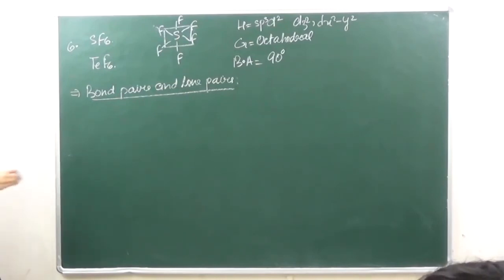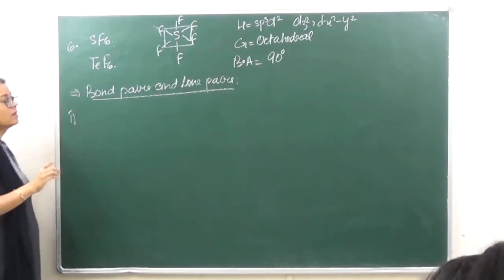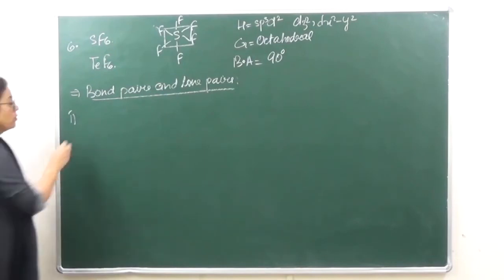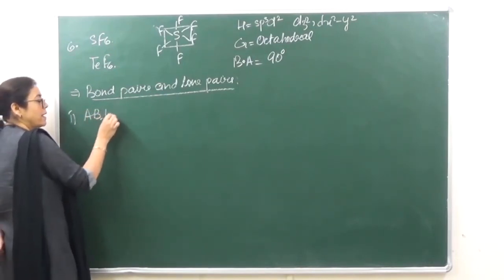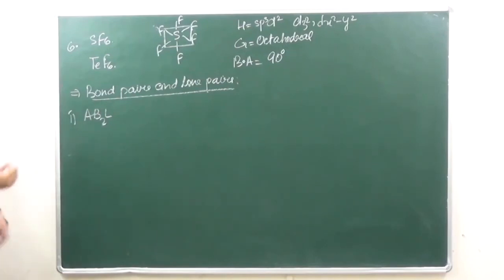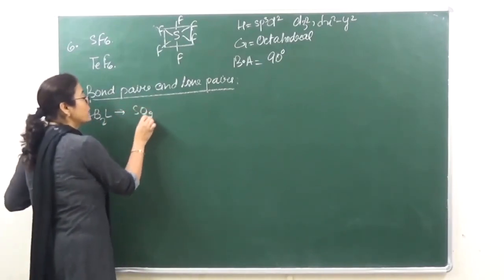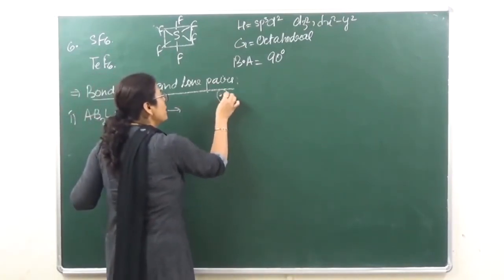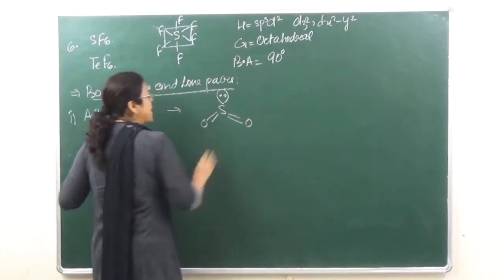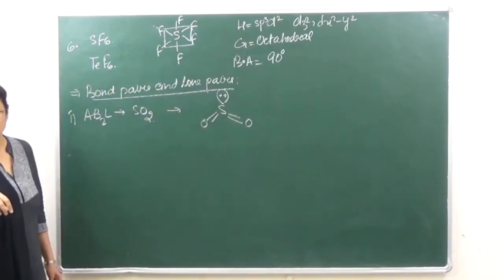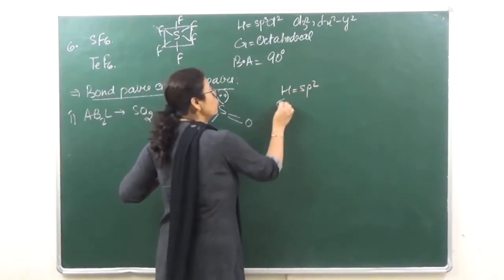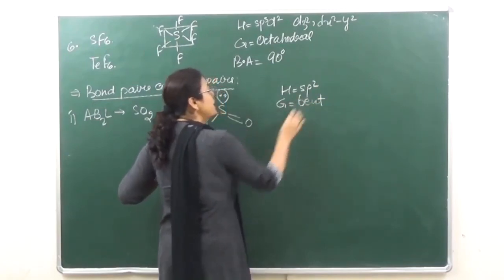So the first molecule which we are going to discuss, here we will represent B with bond pairs and L with lone pairs. Okay? So the first molecule we have is AB2L, which means there are 2 bond pairs present and 1 lone pair present. An example which we can take over here is that of sulfur dioxide. Okay? In sulfur dioxide there is 1 lone pair and there are 2 bond pairs. Okay? Hybridization in this case is sp2, geometry is bent.